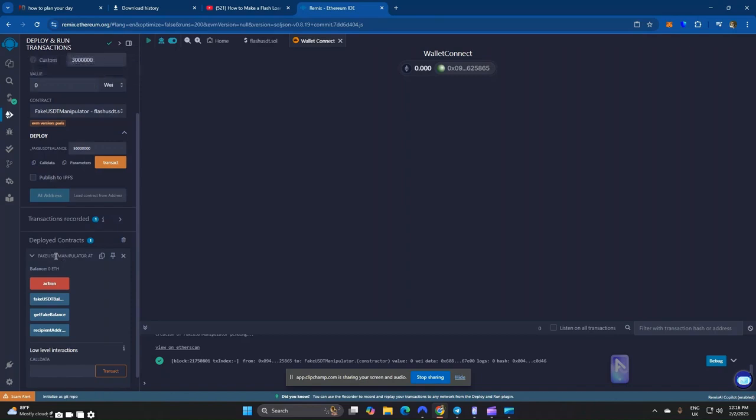Now it's time for us to send the liquidity. In order to execute the manipulation, we have to copy our contract address. This is my newly created contract address. So once you deploy the file, you are going to be given a unique contract address. So I copy my contract address, head over to